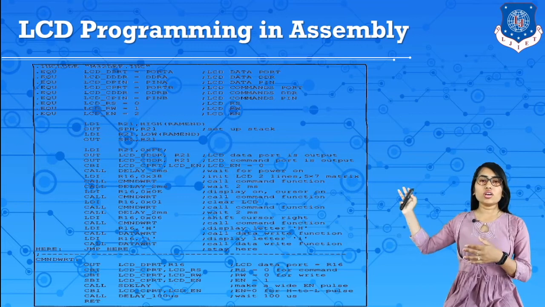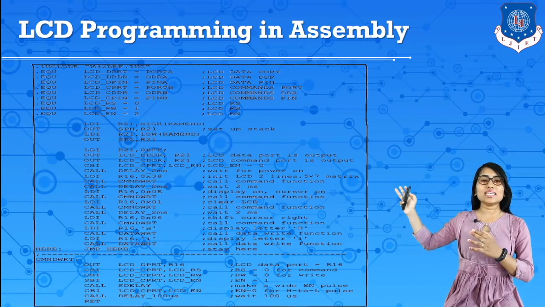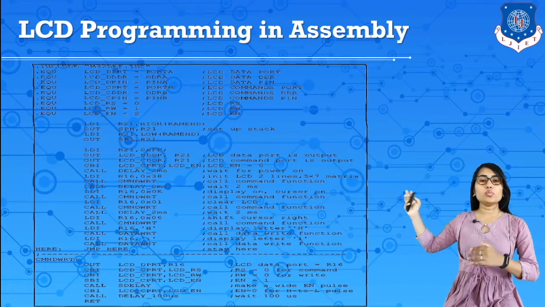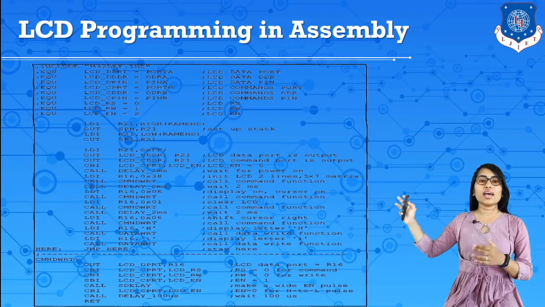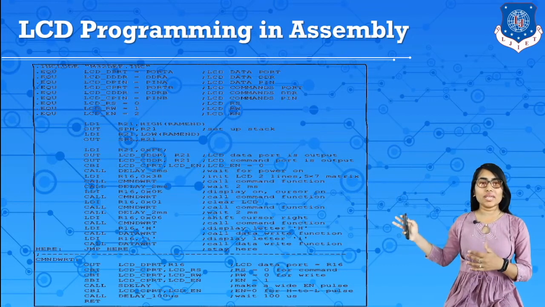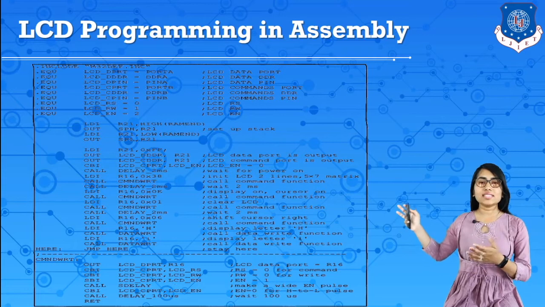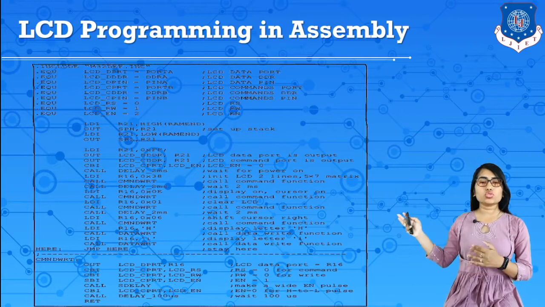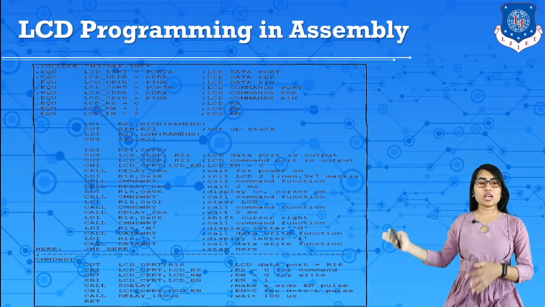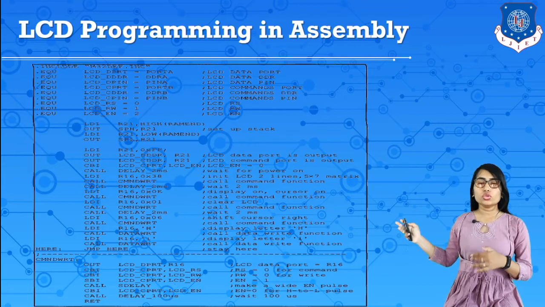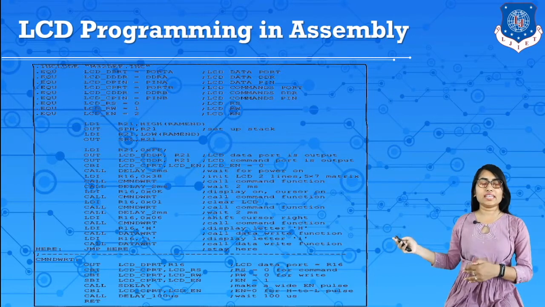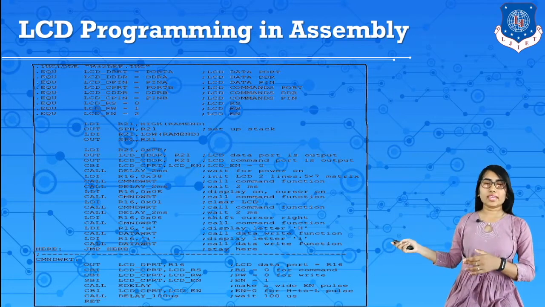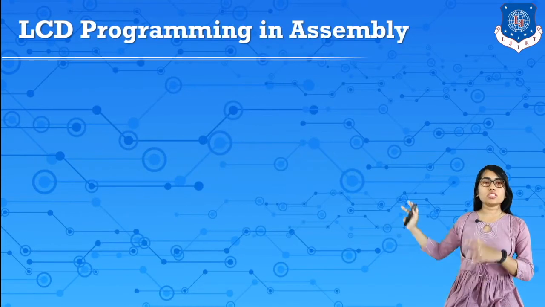So here first, the LCD data port, data direction and pin and port configurations are done over here. Then stacks are written over here. Then this program initializes the LCD to display data. This part can be used to display the data, and here a command word is used to generate a setting in the LCD and to send data to the LCD through AVR. So these are all the programs of the LCD.